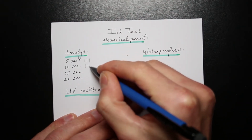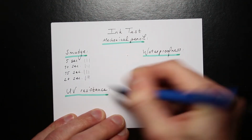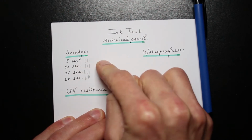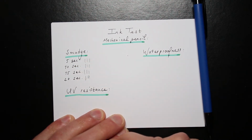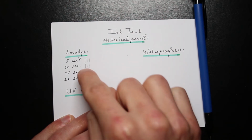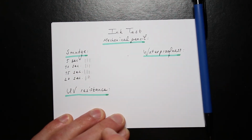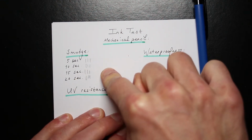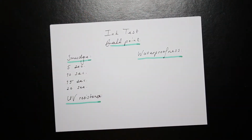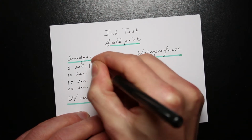So mechanical pencil up next, and I imagine, yes, it's exactly the same as the pencil. Yeah, this ain't gonna get worse or better. So that's the thing with pencils. They don't smudge a lot, but they will continue to smudge over time. So the ink doesn't dry. It's not ink, so I'm